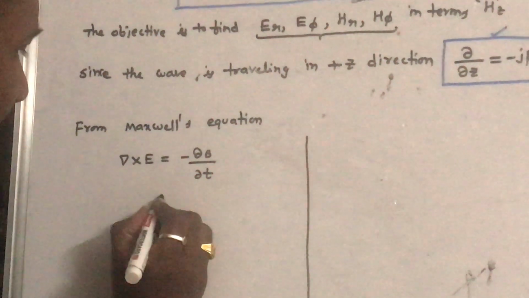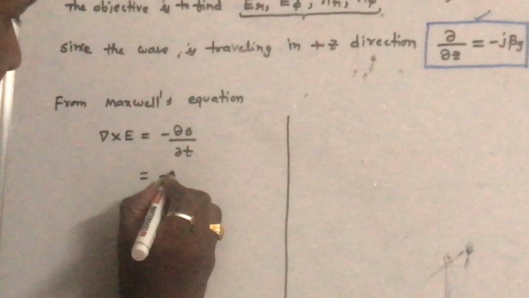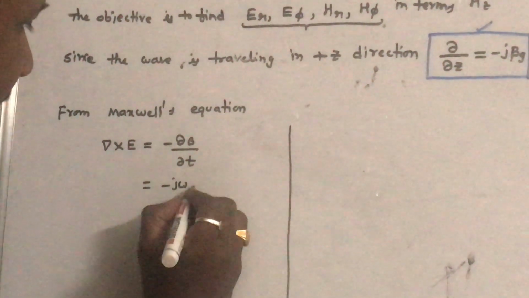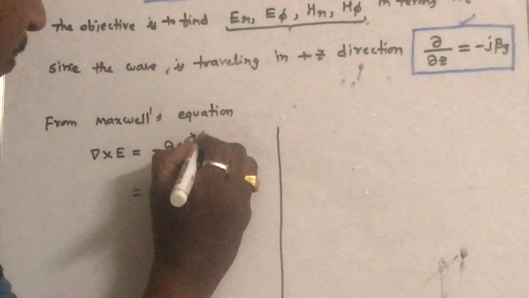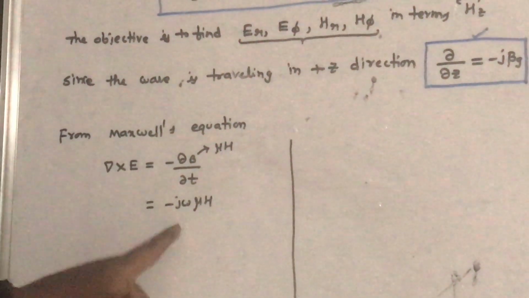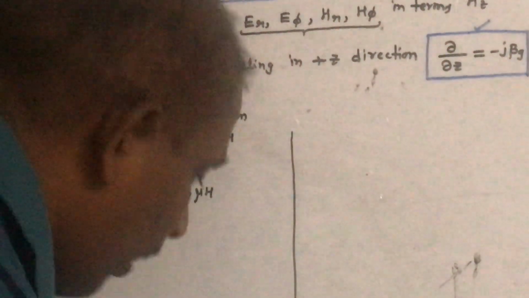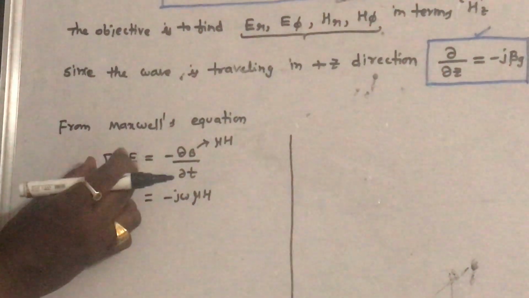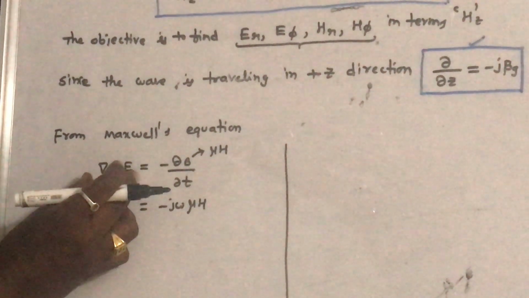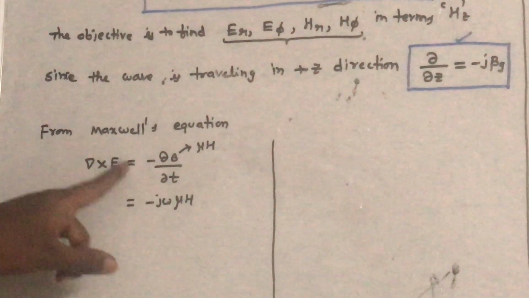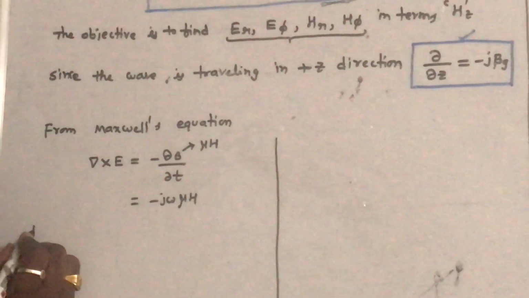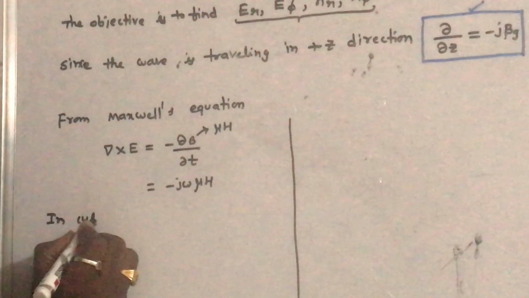So in time harmonic form, we can replace minus dou by dou t by j omega. B is replaced by mu H, as you know, from the B and H relation. Dou by dou t is replaced by j omega. Now remember that we have to write del cross E in the cylindrical coordinate system, not in the Cartesian coordinate system. So therefore, in the cylindrical coordinate system,